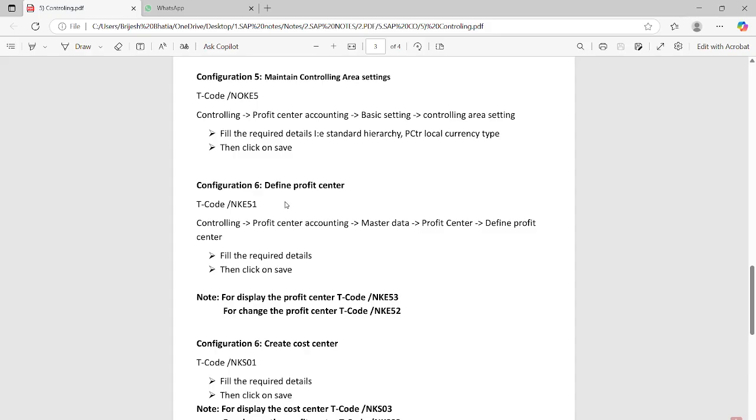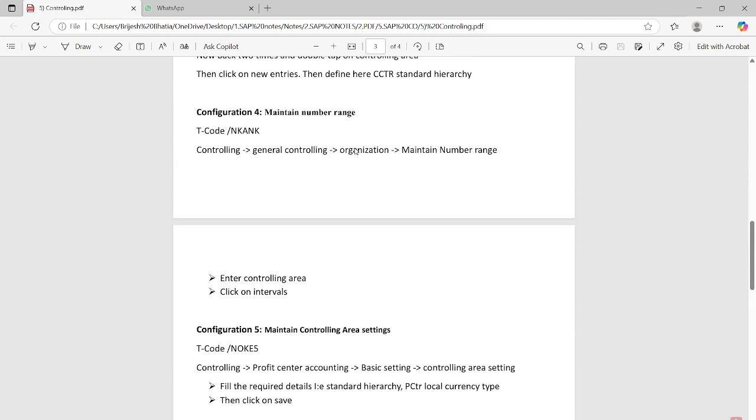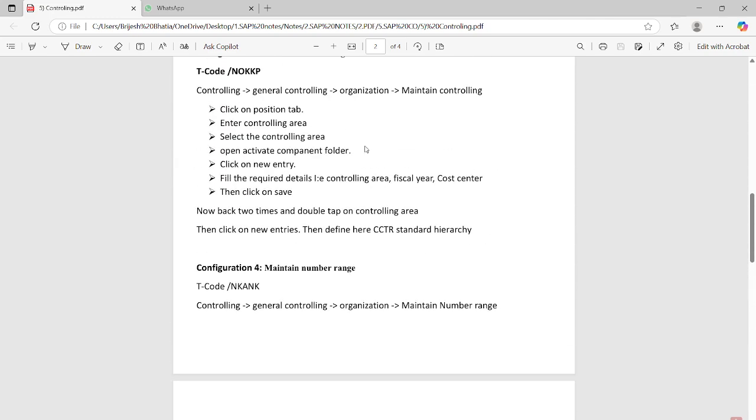So until now, in that particular part, we could change our sequence, but here we can't. We have to do it sequence wise. If we don't have any controlling area, we can't add the standard hierarchy at this point, the step 3. So everything needs to be in sequence. And this is the smallest part of our syllabus basically. Only the 7 configurations.